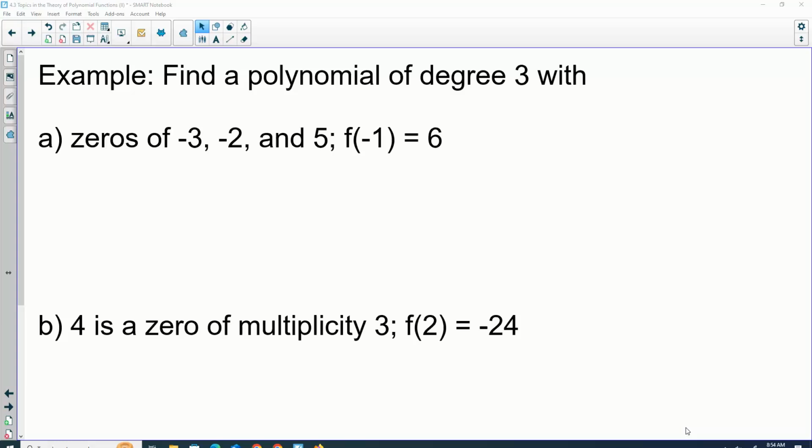When we're looking at these, if you have an imaginary zero, its conjugate also works. Are any of those zeros imaginary? No. So are there any other zeros that I didn't give you? No. So if we're trying to come up with our polynomial,